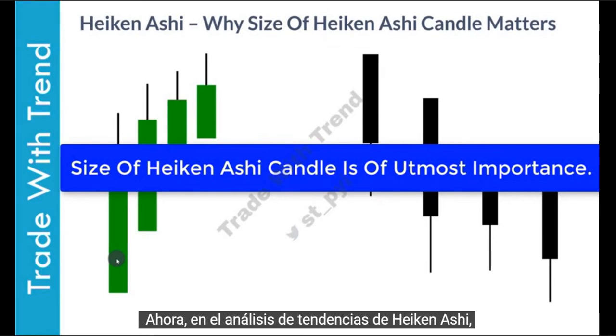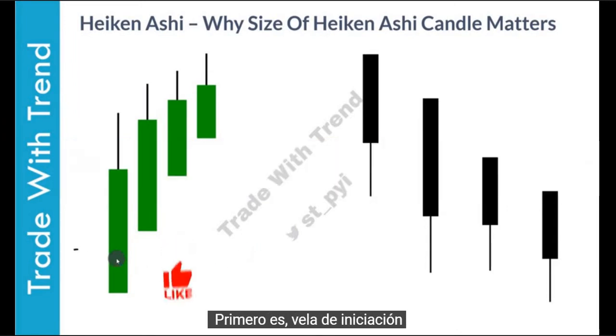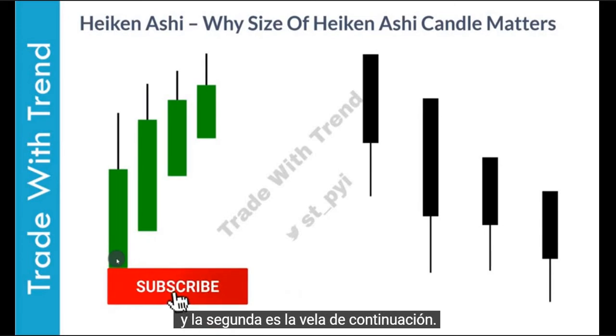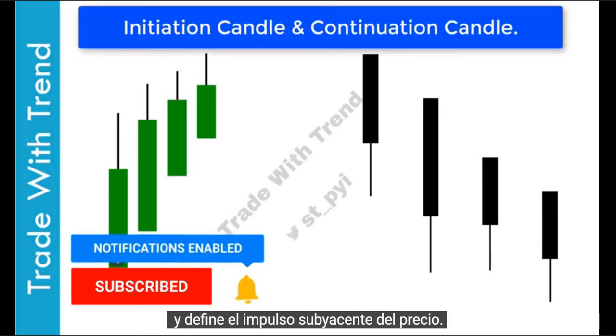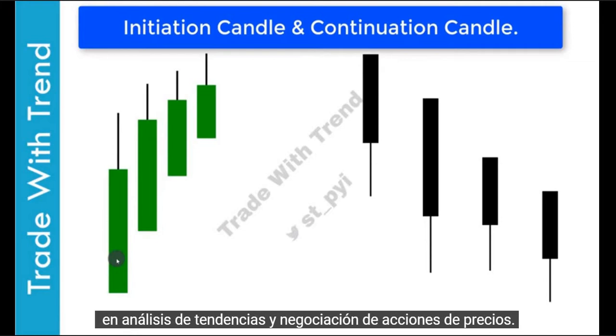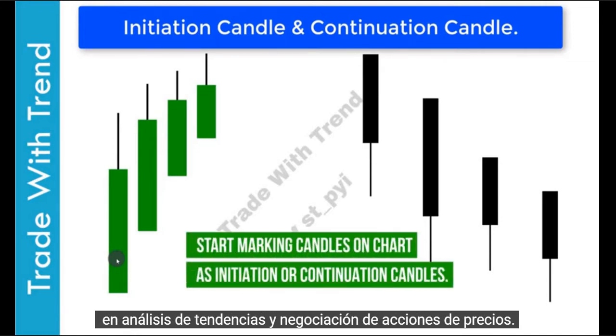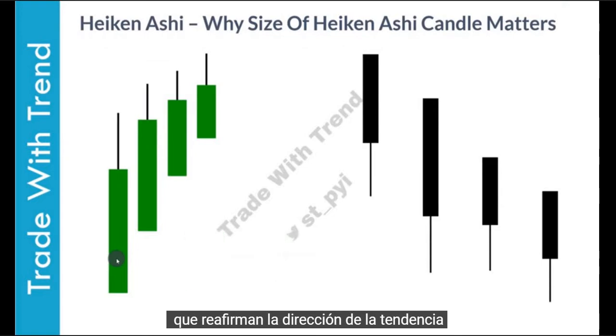analysis. Now in Heiken Ashi trend analysis, there are 2 kinds of candles. First is initiation candle and second is continuation candle. Now initiation candle is one that sets the tone of trend and defines underlying momentum for price. This is why initiation candles are the most important in trend analysis and price action trading. Now continuation candles are ones that reaffirm the direction of trend and are useful to increase positions in the direction